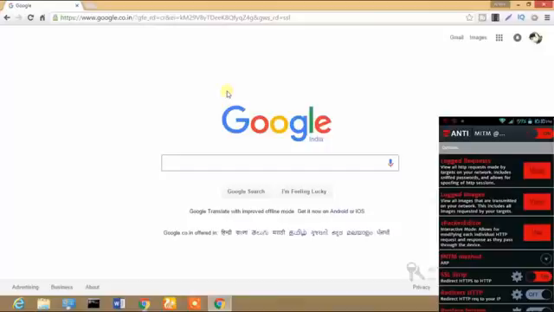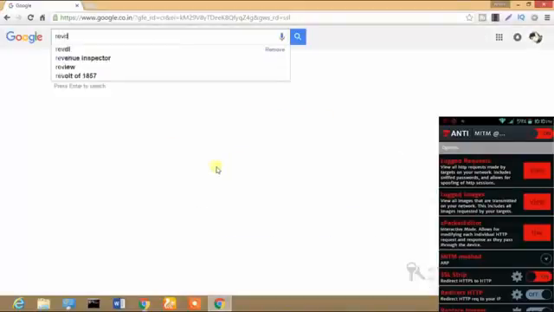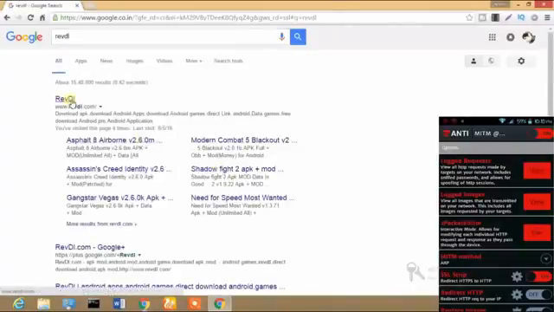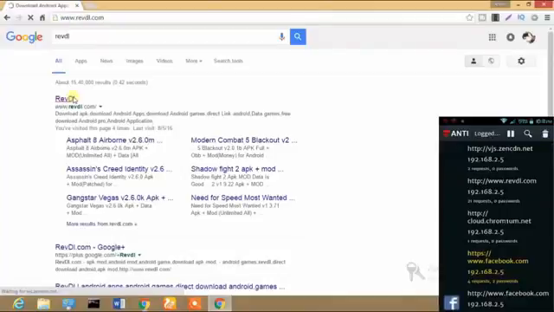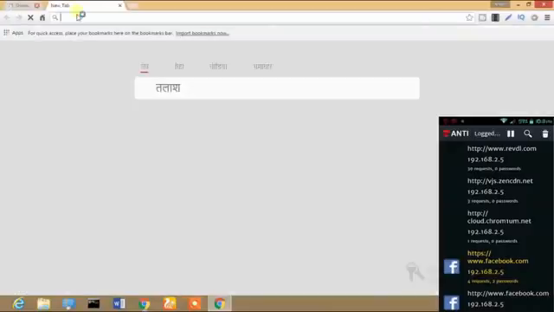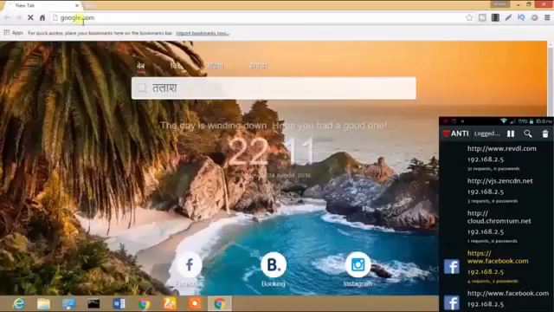attack will be activated, and now it says Xanthi is using your MITM network. Now we will search something on the PC, my PC, Aditya PC, like revdel.com or simply revdel. After clicking search, we will again go to the Android device and click on the first option, which is logged requests. Now it will show you, the first option says revdel.com, the same site that I have searched, and in this way it will show you each and every site that I'm gonna use.